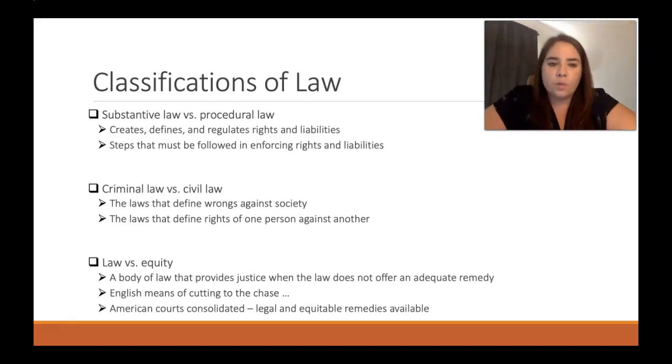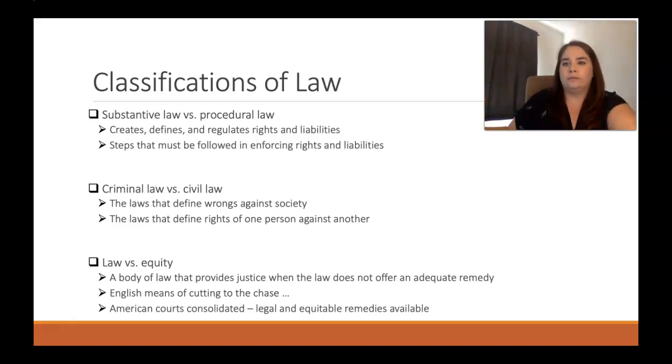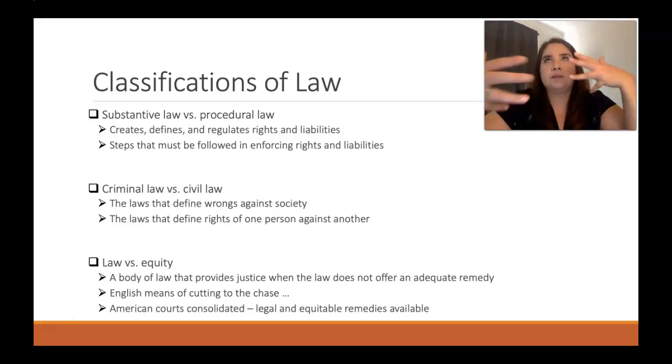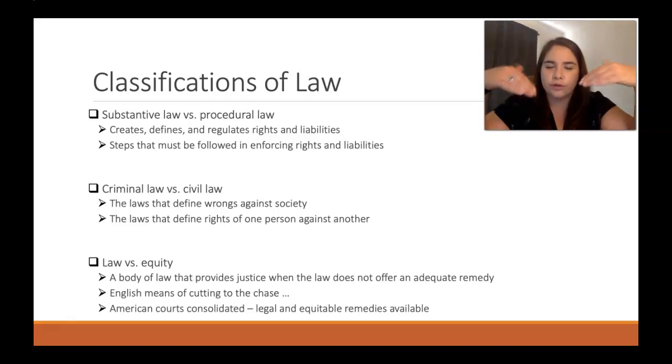Criminal law is obviously one that defines wrongs against society. So, for example, I'm a prosecutor, and when I make my appearance, it's Cassandra Jenneke for the people, not for Jane Doe 1. I'm not her attorney. I am the attorney that represents the state and our society as a whole. Moreover, civil law is really what defines violations against each other. So for example, if I entered into a contract with somebody and then I breached that contract, that's a civil violation.